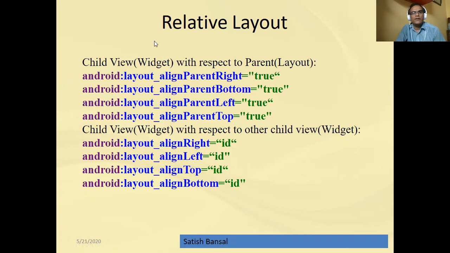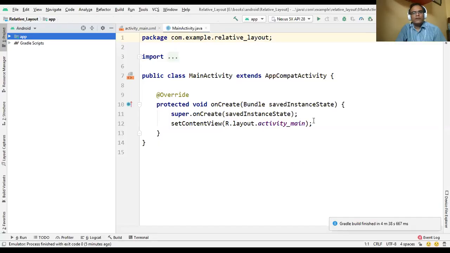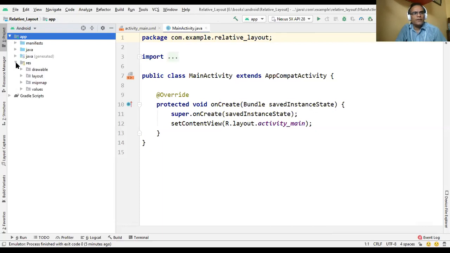So let's start Android Studio. This is the new application we have created, and in this application we have to design the interface using relative layout. As all of you know, designing the interface always occurs in the activity main.xml file.